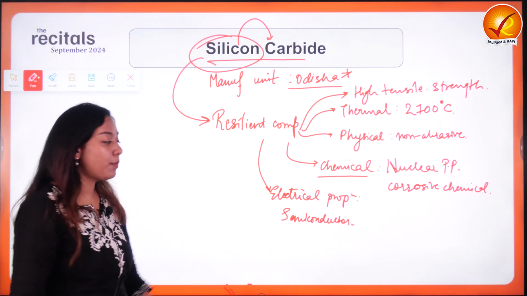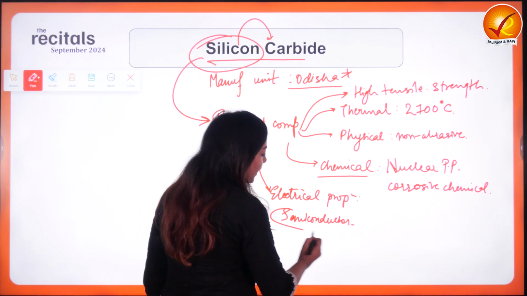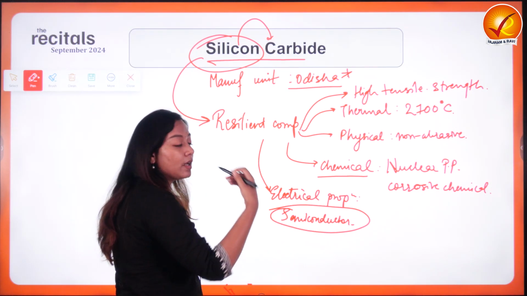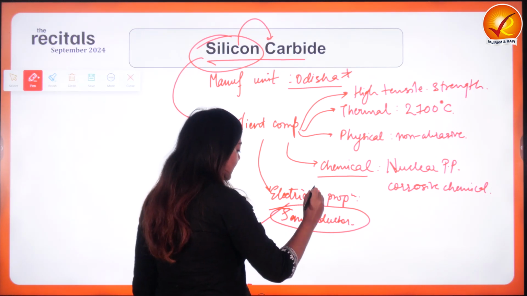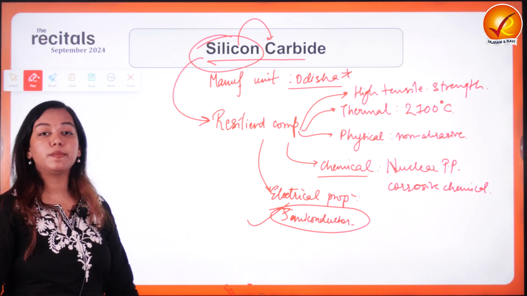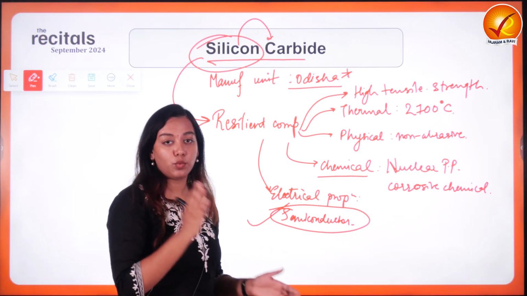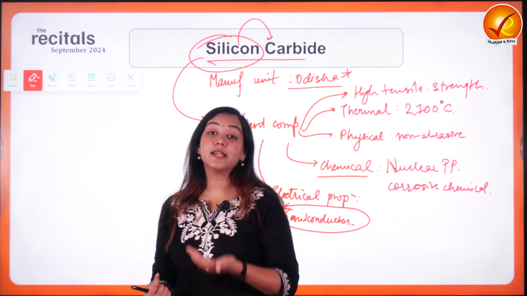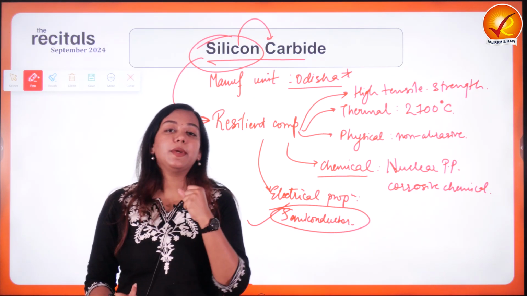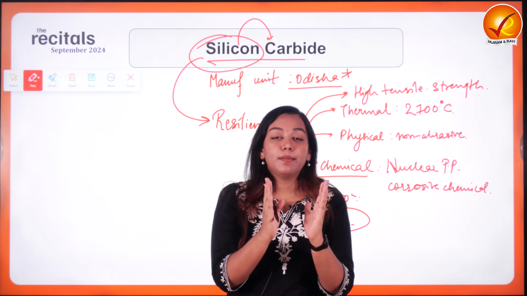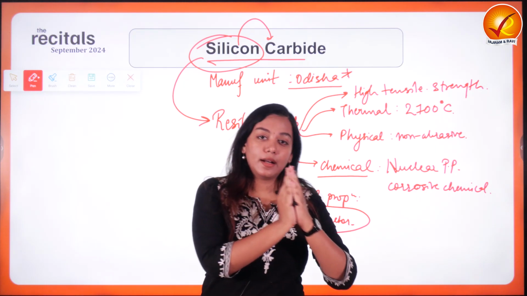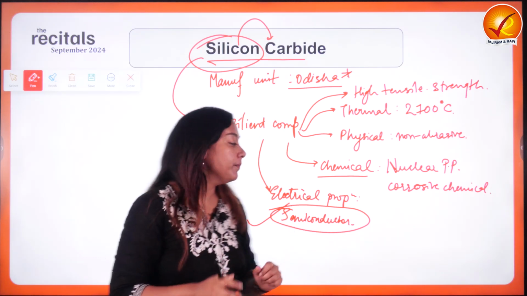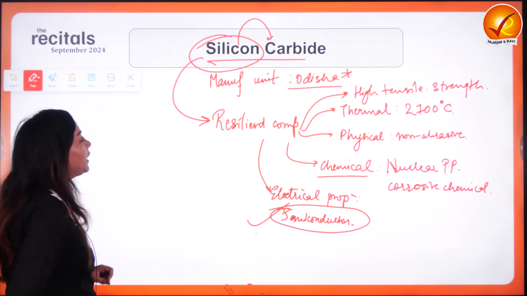And for electrical properties, it can be used in the semiconductor revolution that is going on in the world and can bring a revolution altogether, because it is an excellent semiconductor, which means at a given voltage it can act as an insulator, and at another voltage it can act as a conductor. So what is a semiconductor? A material which is able to act as a conductor and an insulator under different situations. Okay, so this is a semiconductor.